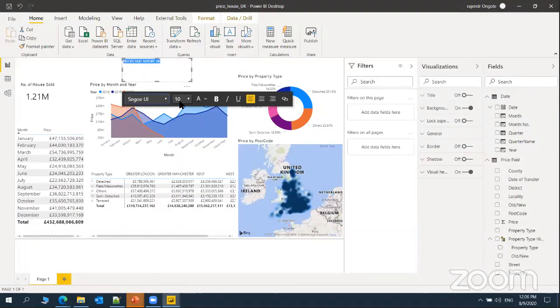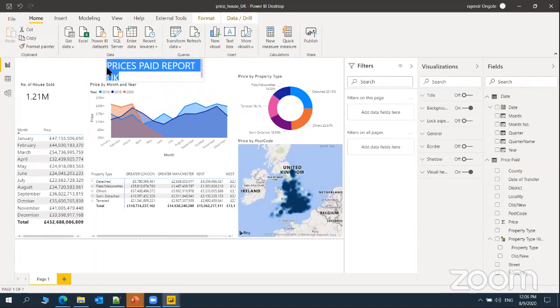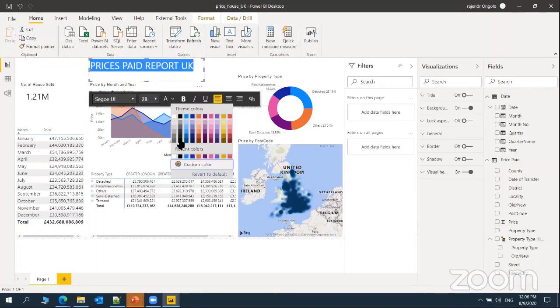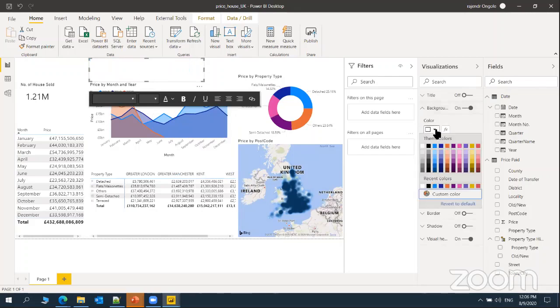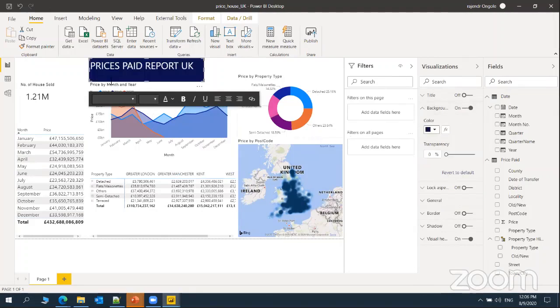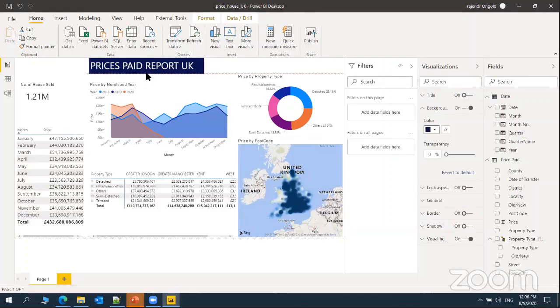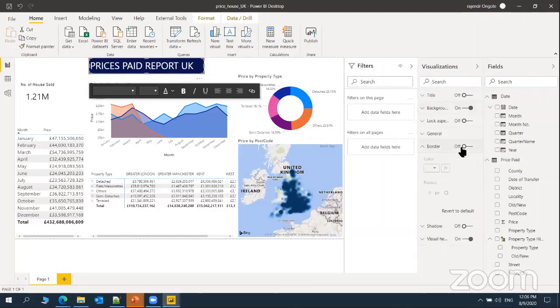So this is in UK, and I will just increase this font. And make this background white, and here this background color dark blue, and we'll give some radius also for this border.